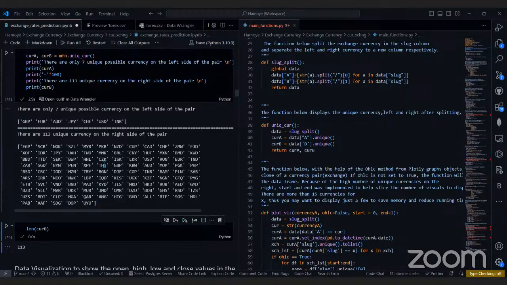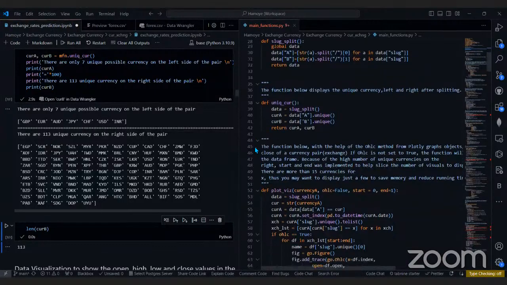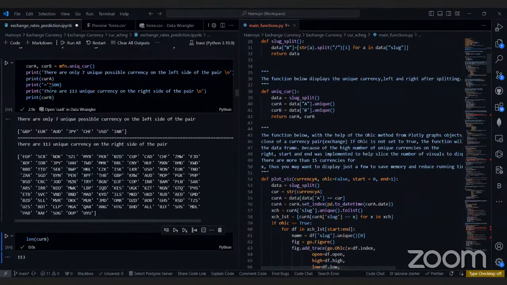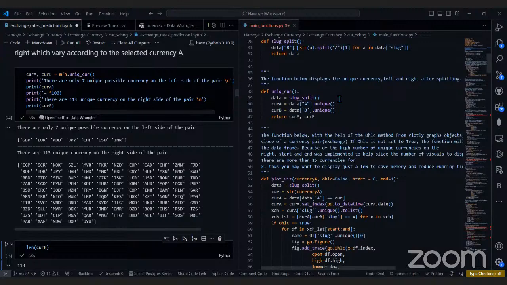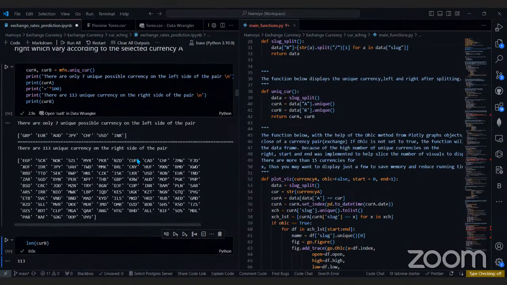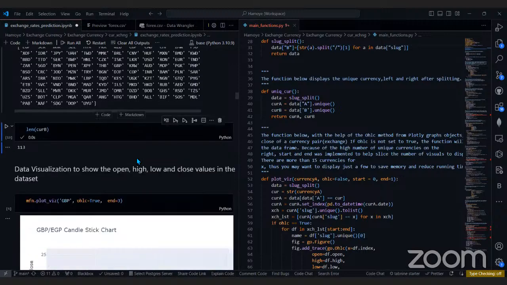So yes, that was how we arrived here with the whole text part of it. This is where we added the text part, not literally in the function, right? But we all know that we can include this in the function and make everything automated, right? So yeah, this is what is happening. This is just more details about our data sets. So the next thing we did was data visualization.